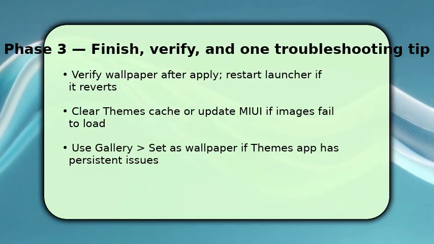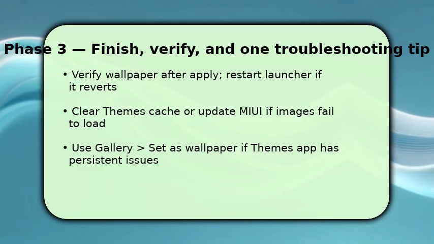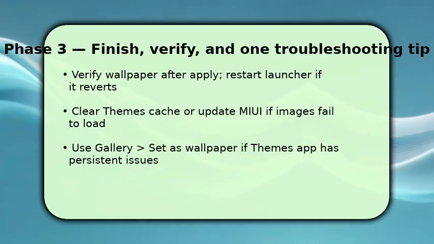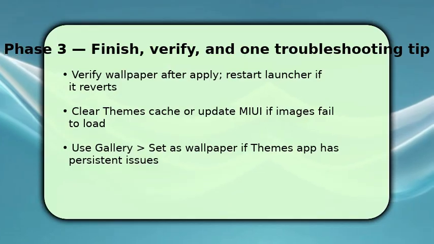If images fail to load, clear Themes app cache or check for MiUI updates. Outdated system components can block downloads. Finally, if Themes still misbehaves, open Gallery, select the photo, and use Set as Wallpaper as a